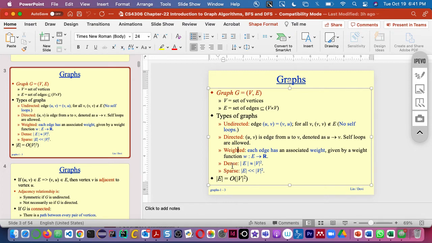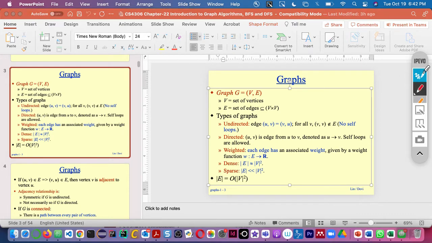A graph is said to be a dense graph if all nodes are connected with all other nodes. In a dense graph, the number of edges, that means the size of the set E, is roughly equal to V squared. V is the vertices, and E is the connections. For instance, if I have